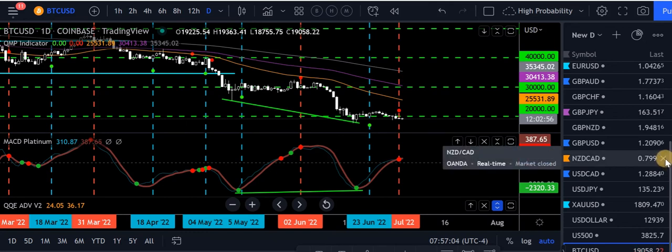Hopefully that explains things. We're actually looking pretty good on most pairs, other than that Aussie being stopped out and the Euro buy and the pound buy struggling a bit. Not too bad on the Euro buy because we've got the Euro sell still in play. It's not too bad.